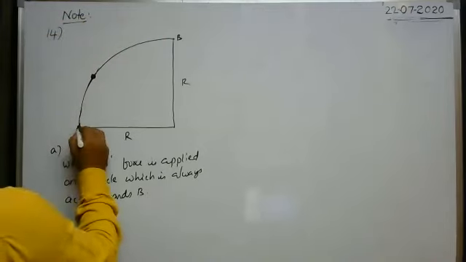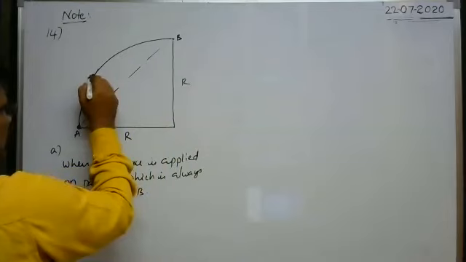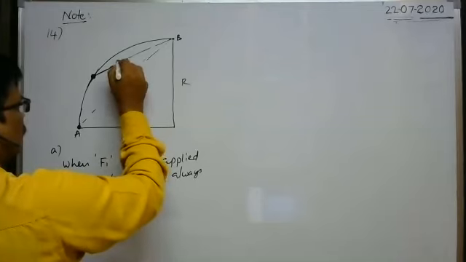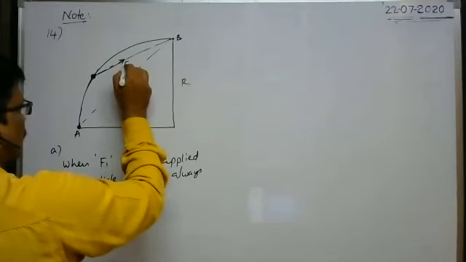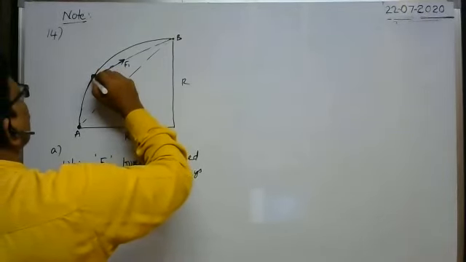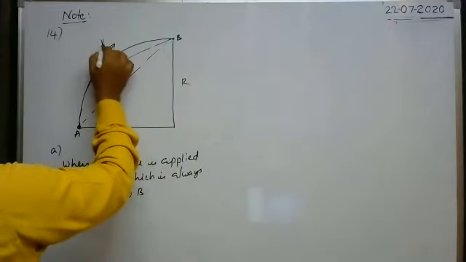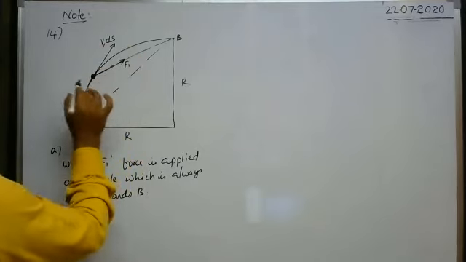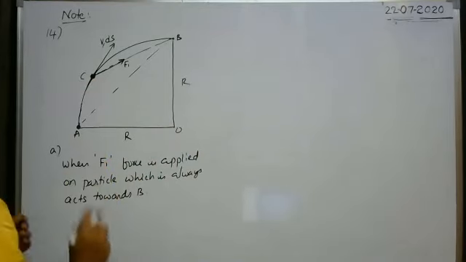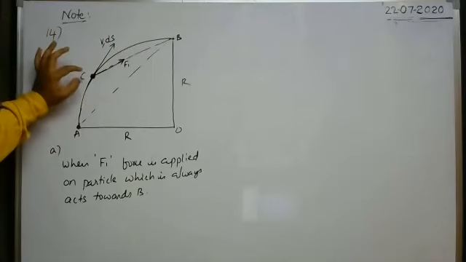Suppose when the particle is here, the force acting on the particle is towards B. Towards B means along this path. Whenever the particle is here, the force acting on it is towards B, which means the force acts in this direction. That is F1. But the direction of motion of the particle is along the tangential direction. In this direction the velocity of the particle is there, or in this direction the displacement of the particle is there. At that instant, the particle is here, say O. Now, whenever the particle is at C, while moving along the arc of the circle,